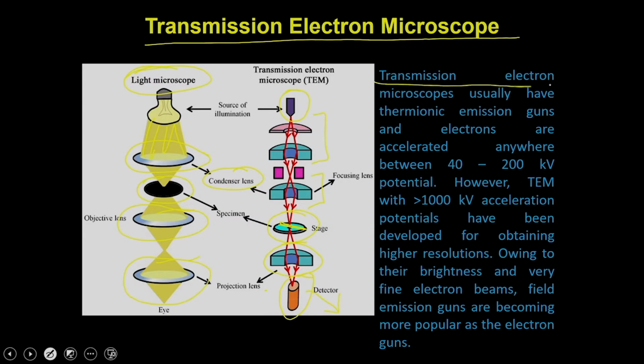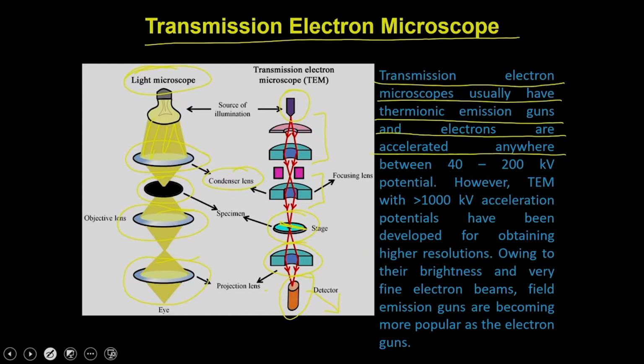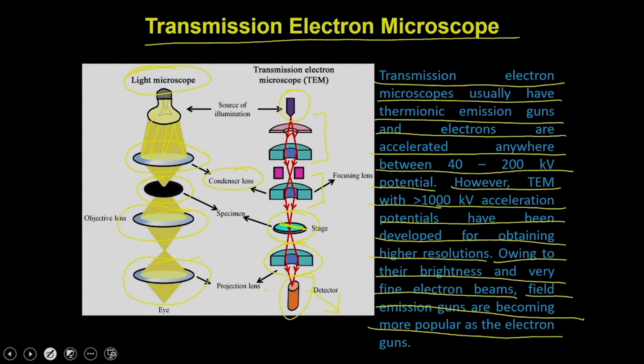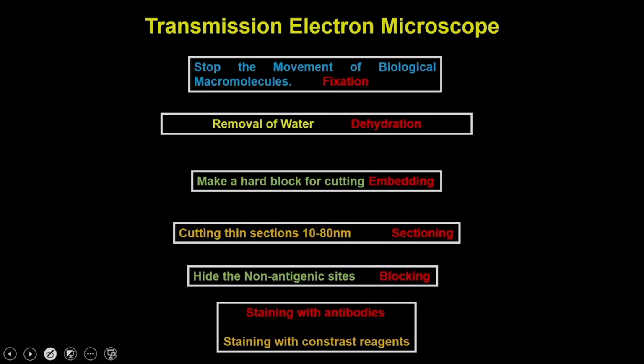The transmission electron microscope usually has thermionic emission guns, and the electrons are accelerated at potentials anywhere between 40 to 200 kilovolts. However, TEMs with more than 1000 kilovolts acceleration potential have been developed for obtaining higher resolutions. Owing to their brightness and very fine electron beam, field emission guns are becoming more popular as electron guns. Now, when you do transmission electron microscopy, the processing of the sample is a little different